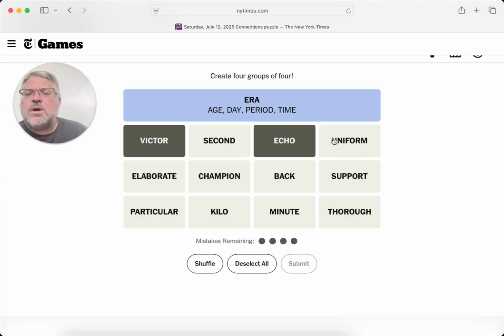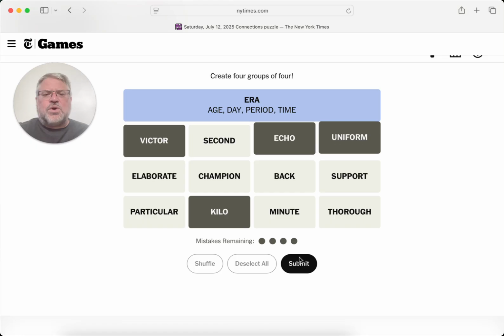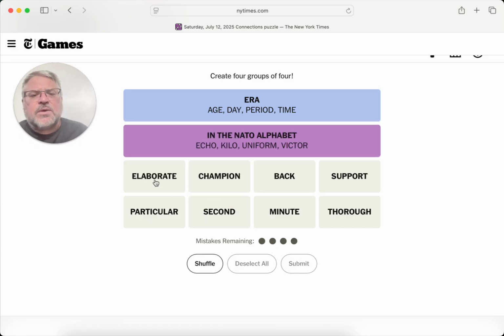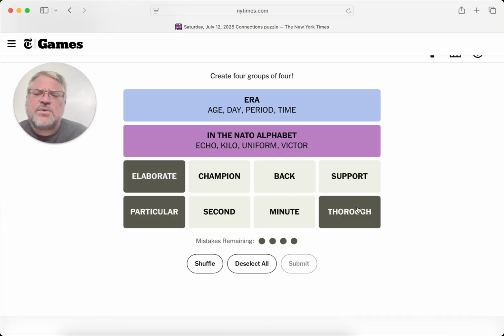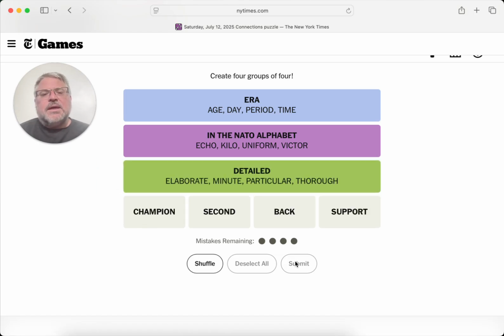Victor and echo are words for letters in the phonetic alphabet. V for Victor, E for echo, U for uniform, and K is kilo. The NATO phonetic alphabet. These are the officially authorized words for those letters. There we go. And then we have something is elaborate, it's particular, it's thorough, and minute. Can kind of mean detail-oriented, detailed. Yep, and then